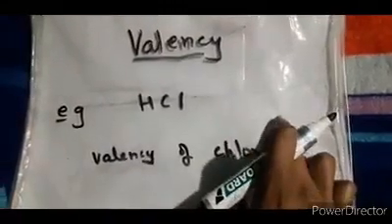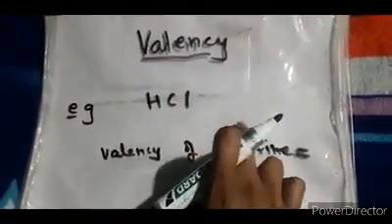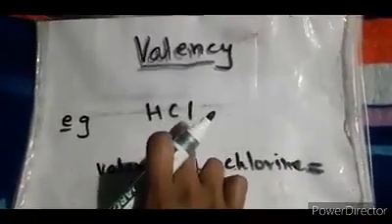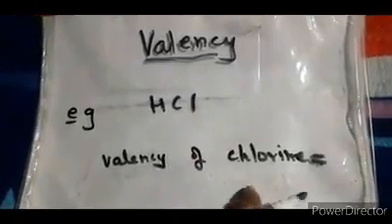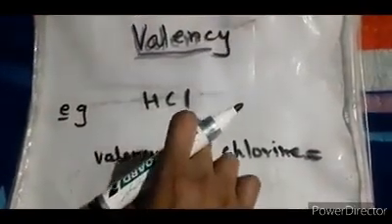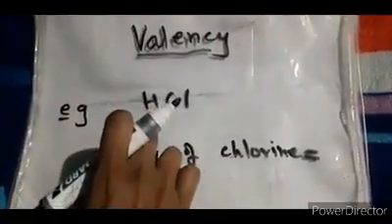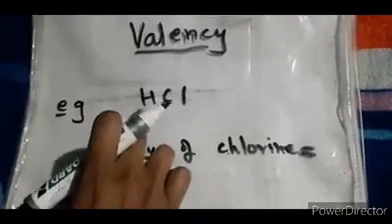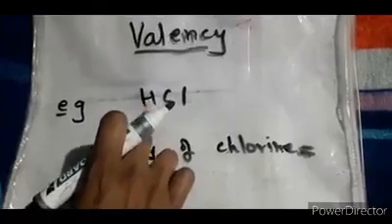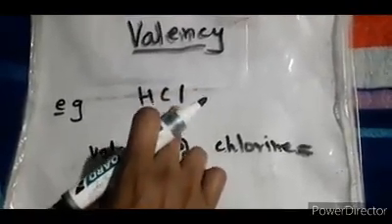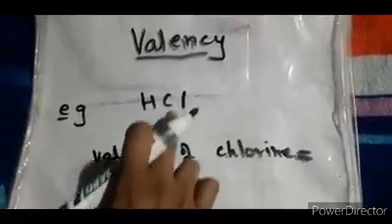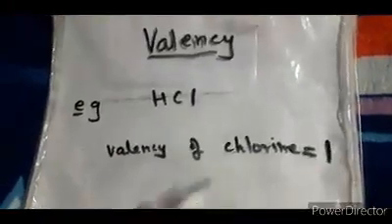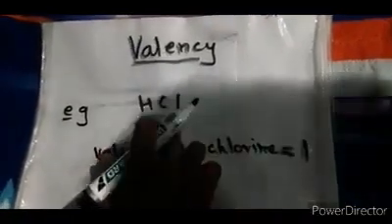Now to prove our definition of valency, I have written one example, HCl. The definition says that a hydrogen atom is combining with some other element. Over here the other element is chlorine. If I ask you, you have learned the valencies and you can automatically tell me its valency is 1. But how is it 1? What is the definition? How many hydrogen atoms are combining with or displacing the other element? Over here, how many atoms of hydrogen are there? You will say one atom of hydrogen, and the other element to which it is combining is also 1. So you can easily indicate the valency of Cl, that is 1 over here.